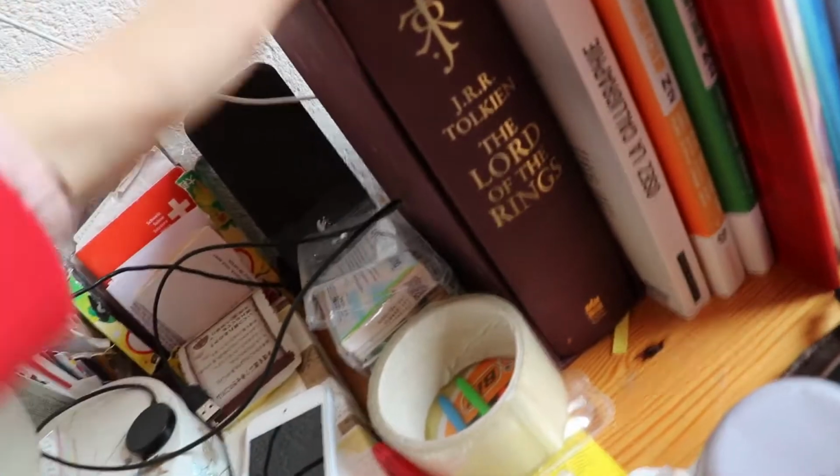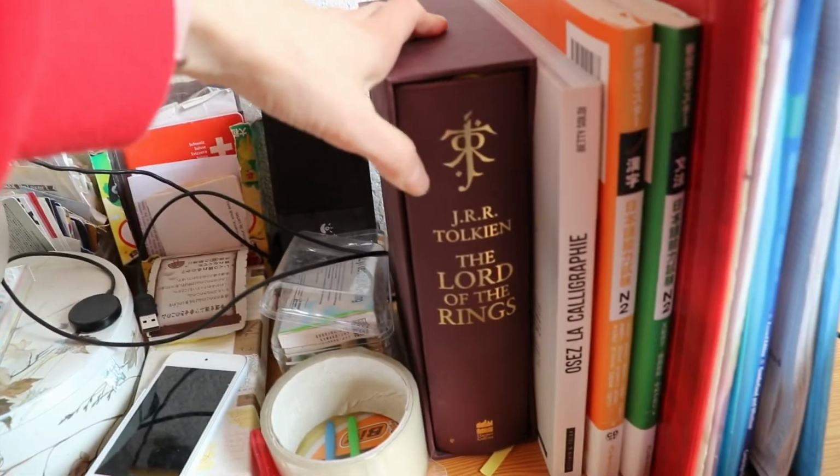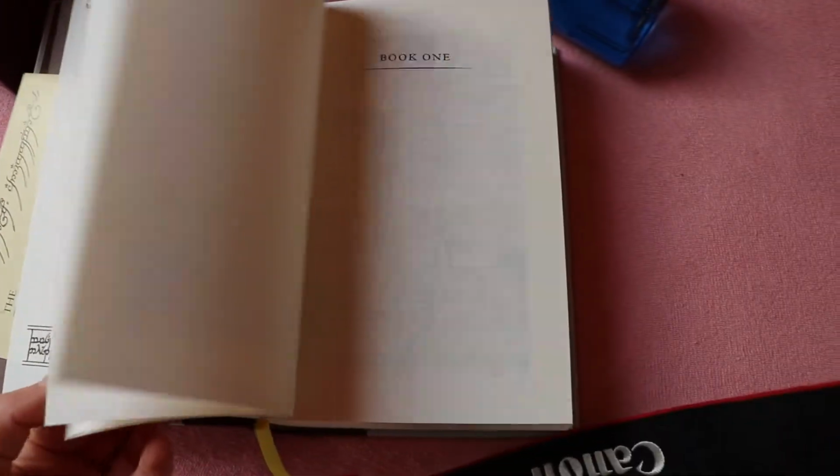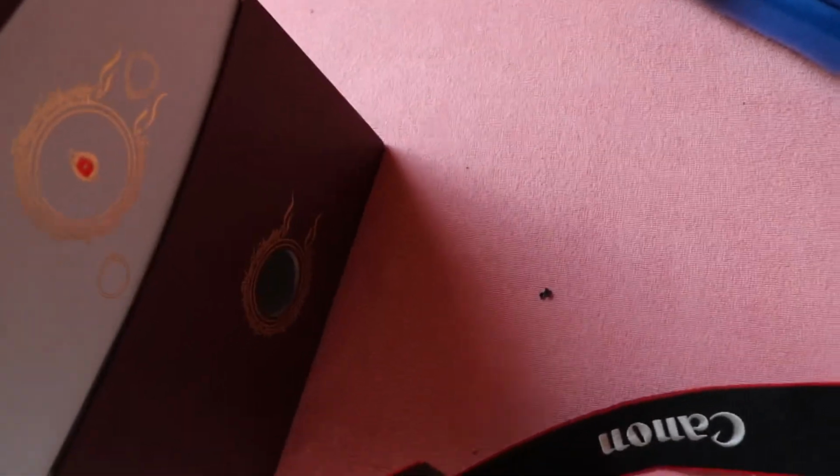But the book I'm taking with this one is a gift that I received for my 23rd birthday, which I am currently using as a stand for my other books. It's the Lord of the Rings special edition, which looks absolutely incredible. Let me show it to you. Look at that. It's so pretty. So that's what it looks like, and the inside with the proof that it's a special edition and everything. It's amazing. I haven't read everything. Actually, most of it. But the person who gifted it to me said that since I love it so much, she will gladly send it to me again